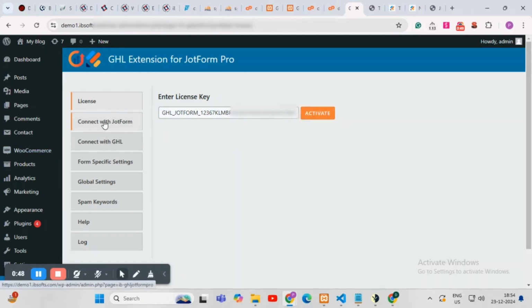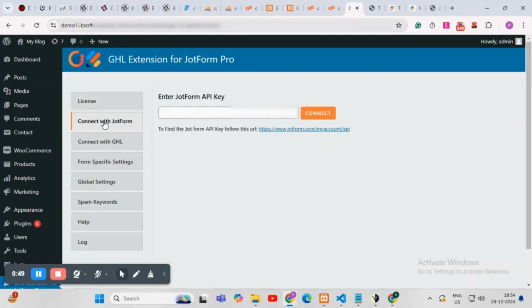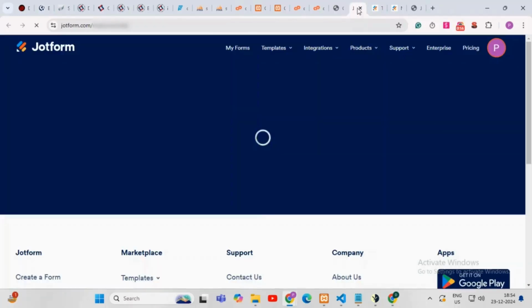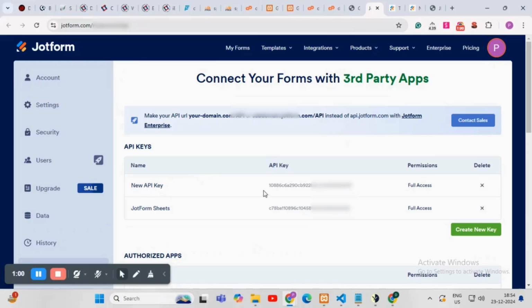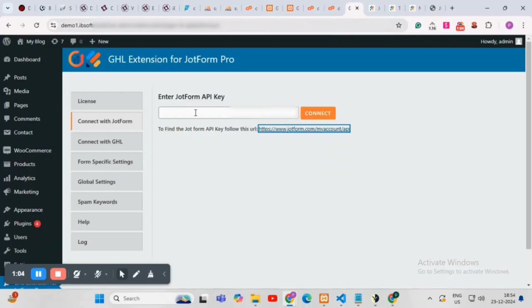Then once we connect with the license key, we also have to enter the JotForm API key. Here you can see I've already created an API key. If you want to create an API key, you can do so by clicking the create new key button. Here you can see there are two API keys. Once we select the first and we connect,